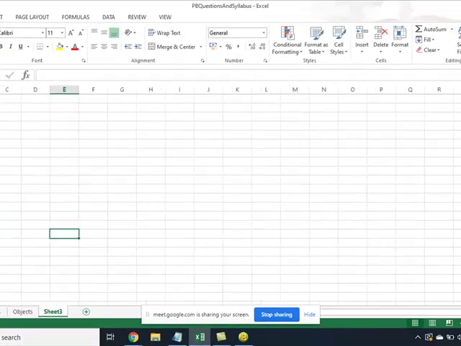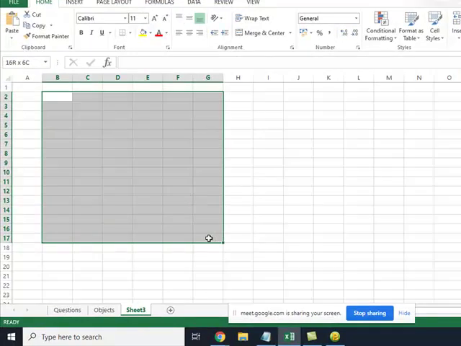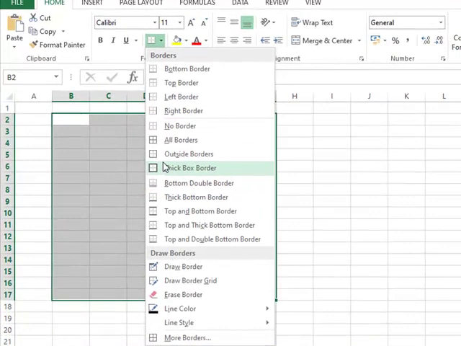Yeah, so let's do it again. What we are going to do is create a login window. We are going to create a login window. Okay, so how should it look like?